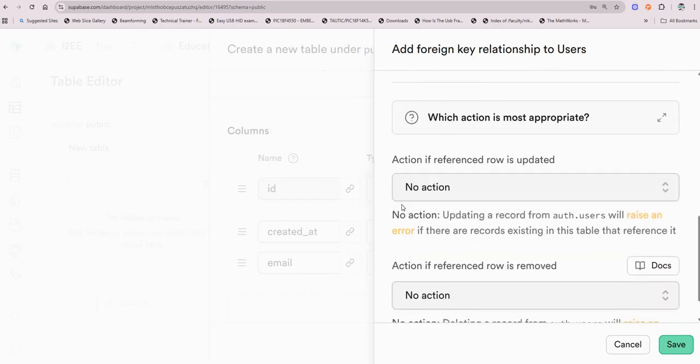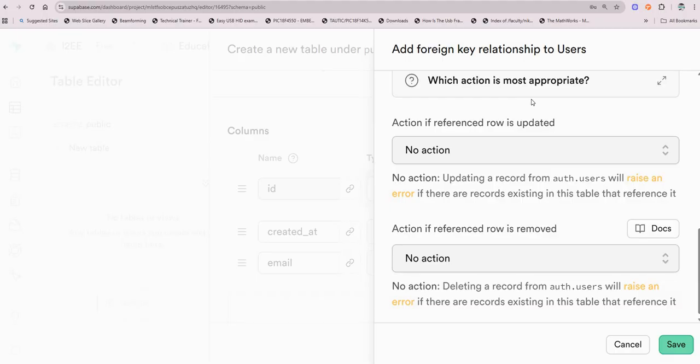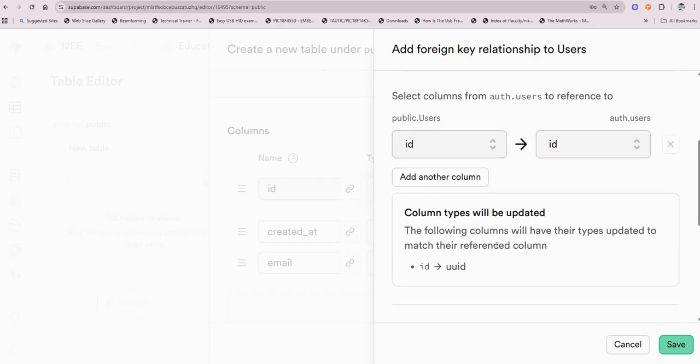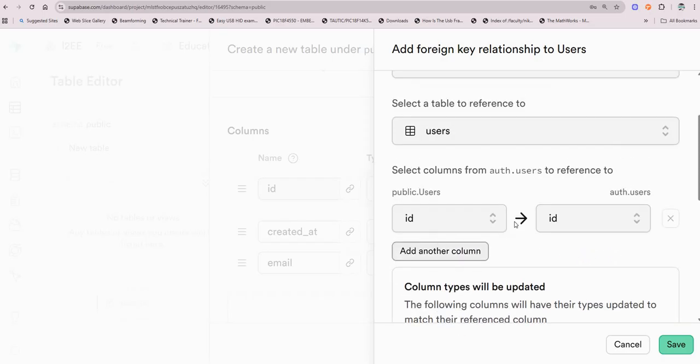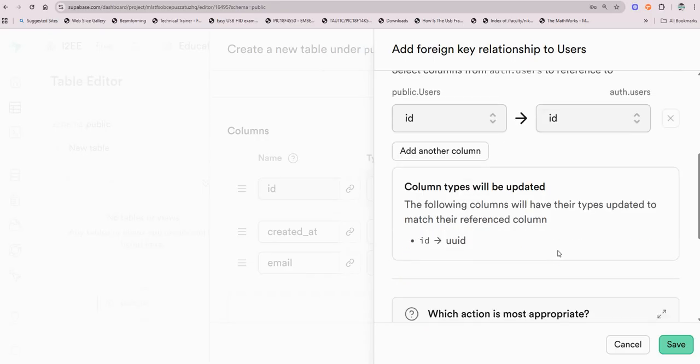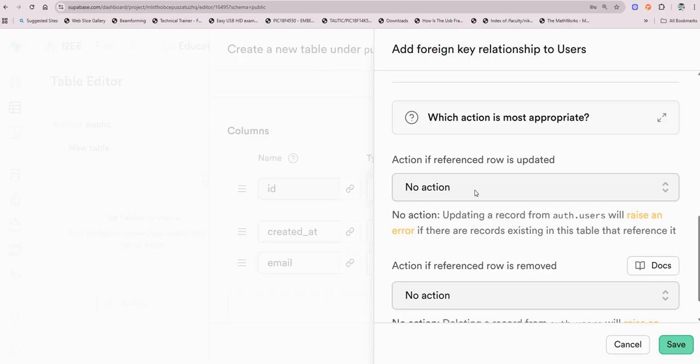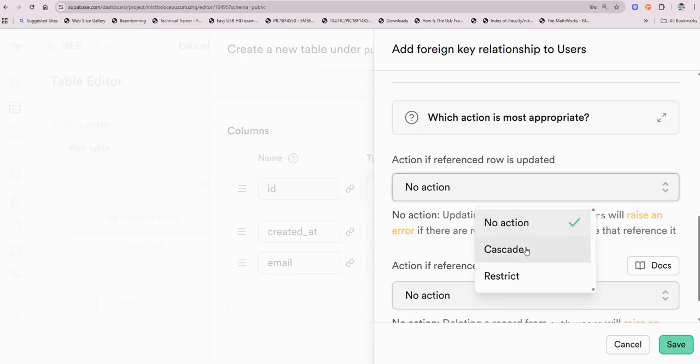Then we have to assign action. Action if reference row is updated, action if reference row is removed. So meaning to say that if we delete any one of this reference, which is public data, what we want to do with the other one? So currently there's no action, but we want to click on cascade. Cascade means